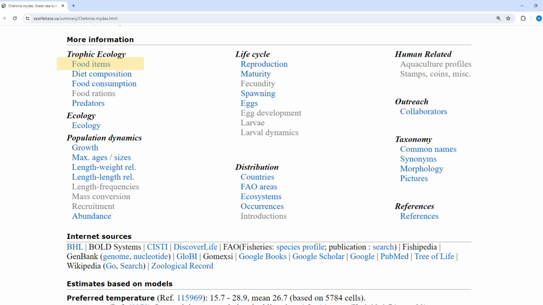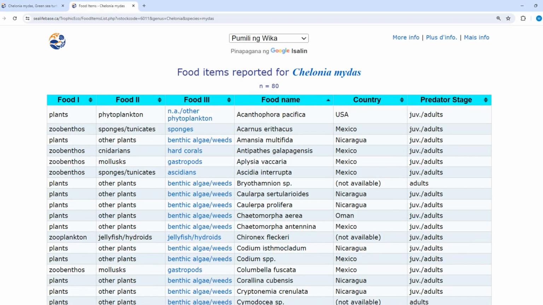Click on Food Items. The Food Items page highlights food items documented in the species' stomach contents or otherwise known to be ingested by the species. The first three columns, Food 1, Food 2 and Food 3, are standardized hierarchies to describe the food items in increasing levels of detail, while the last three columns, Food Name, Country and Predator Stage, describe the scientific name of the food item, if specified, the country where the food item was recorded, and the species' life stage when it